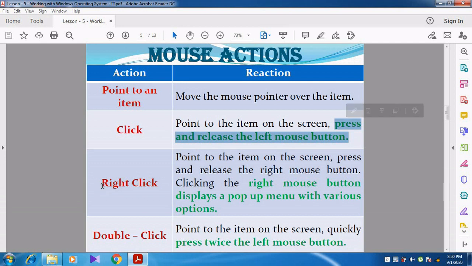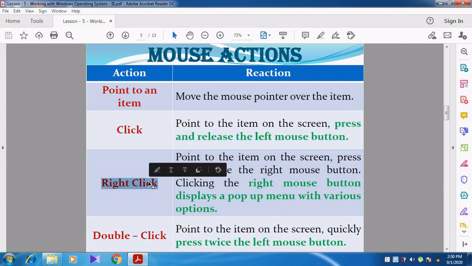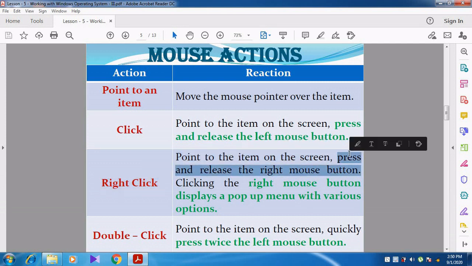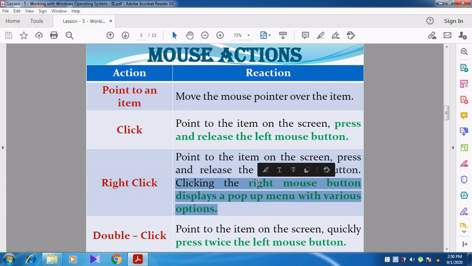Then right click. What is meant by right click? Point to the item on the screen, press and release the right mouse button. Clicking the right mouse button displays a pop-up menu with various options. For example, now I am going to do the right click.